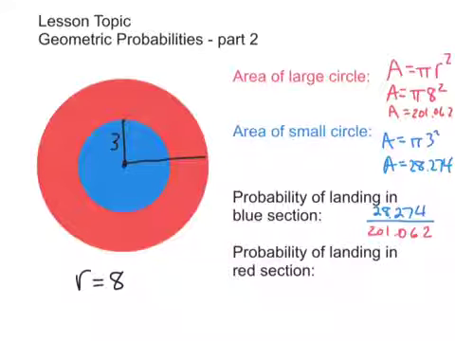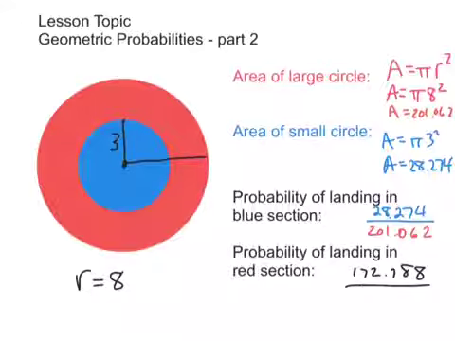Mainly what you need to do in this case is take the area of the entire circle and subtract the area of the blue part. And if we do that, what would we be left with? The red portion. It'd kind of be like if you take the donut hole out of a donut, how much donut is there? And if I do that subtraction, the 201 square units for the large circle minus the blue part, which is 28.274, we will end up with 172.788